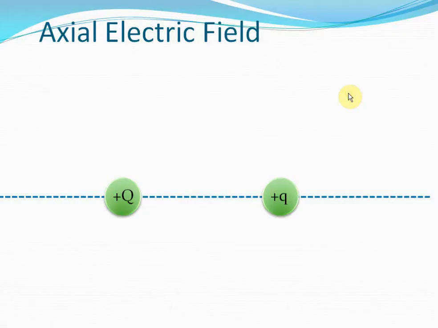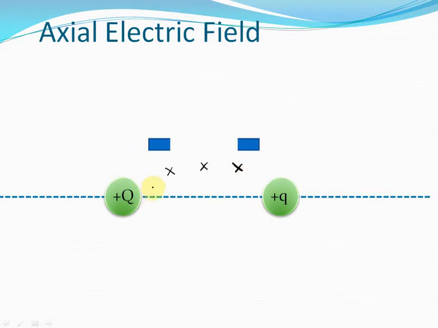Remember how we calculated the electric field because of a dipole on the axis of the dipole? Similarly, we can try to calculate the axial electric field in case of two positive charges that are placed on an axis. Now if you look in the area between these two positive charges, what will be the direction of the electric field here? Here, here, here. What will be the electric field?